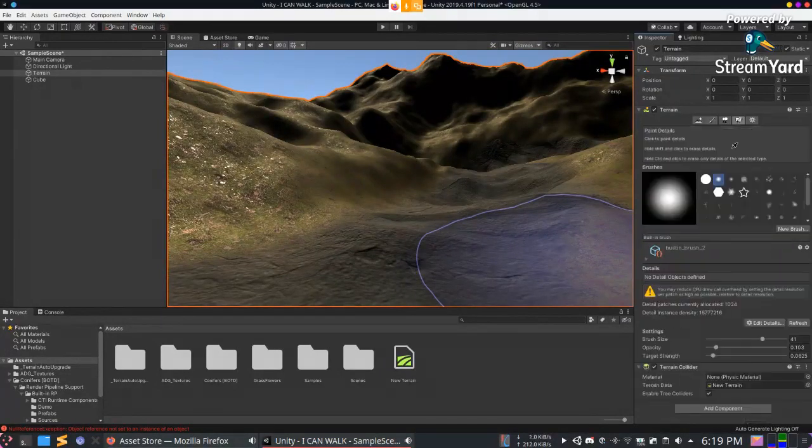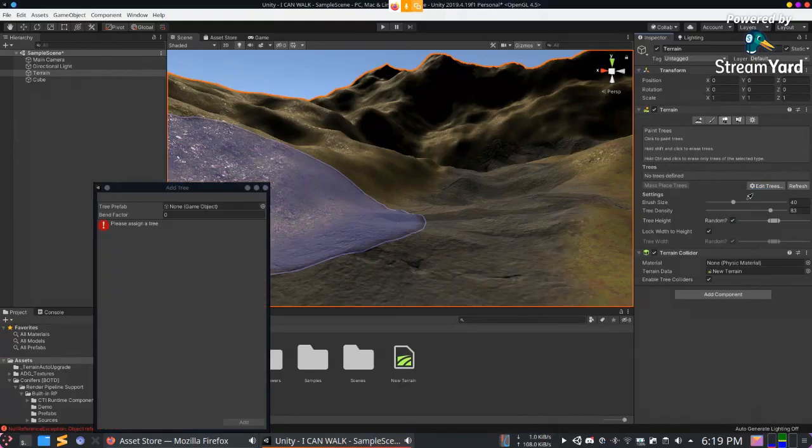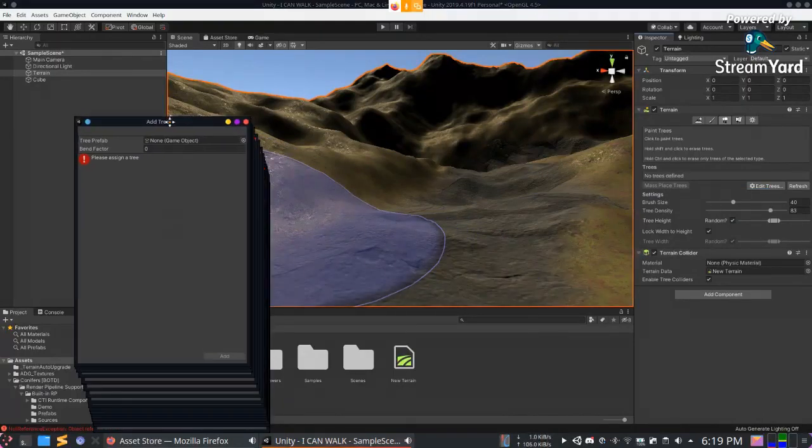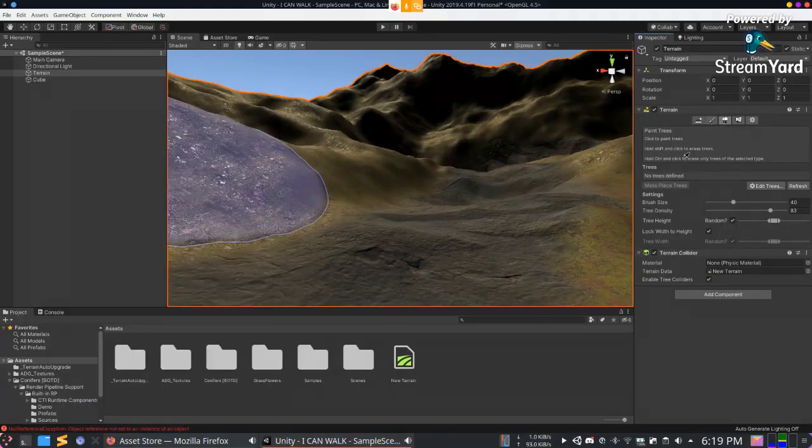Let's do the grasses. Trees would be better first. Let's do trees now. Here you will see an option which is called trees. In this top, there is a tree. Then there is paint tree. Inside there, you need to add a tree.